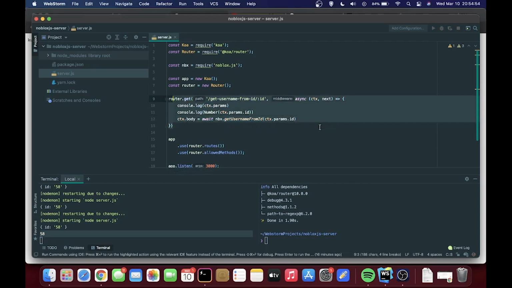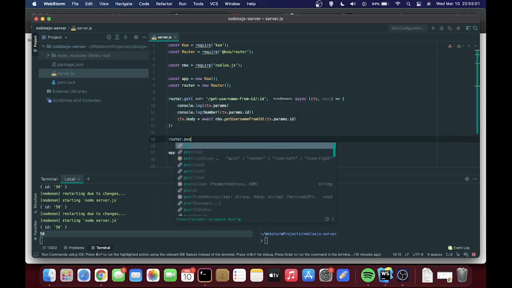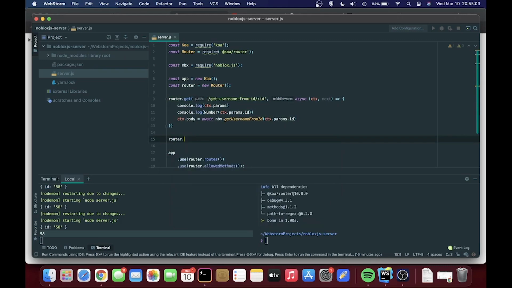Now this is the entry of just one get method. I can also do things like router post. I can do router put, router patch. There's all sorts of HTTP methods that I can use. The one I want to use depends on which use case I have for it. Now getting, it's for getting information from a server. Posting is sending data to the server. Putting is changing data on the server, pretty similar to patch. And there's different aspects. There's different methods that I can be using.